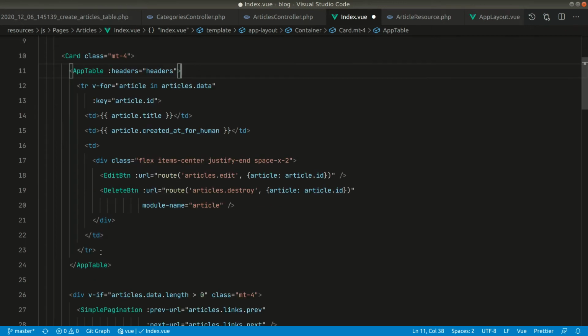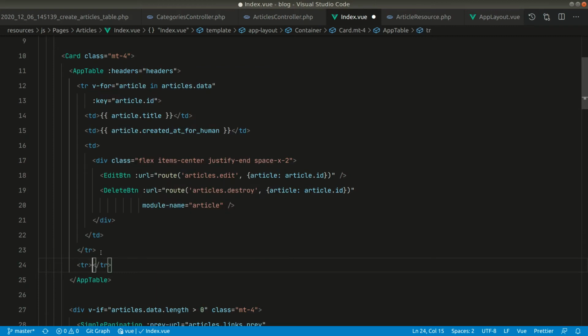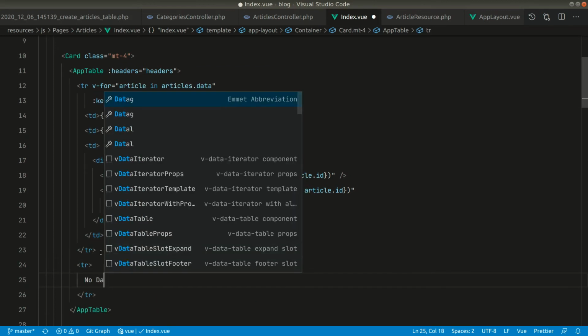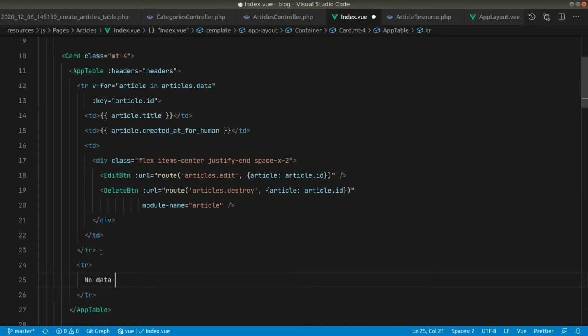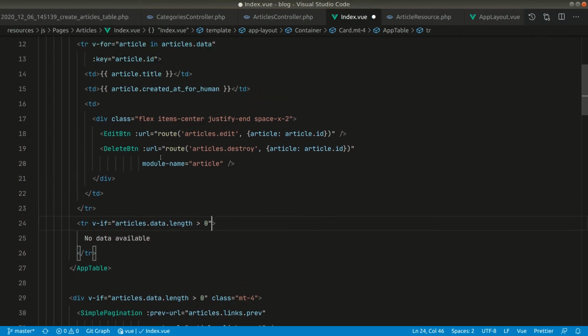So for that, let us create one more tr over here, and let's say no data available, and that will show if there are no articles. So let us just copy this and paste it over here, and let's say here colspan.